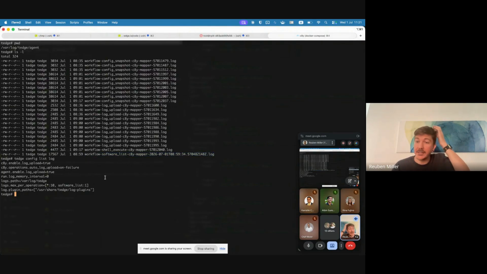So now if I want to change these settings, edge config. This is actually an array, so you can add entries. If I wanted to be more specific, and